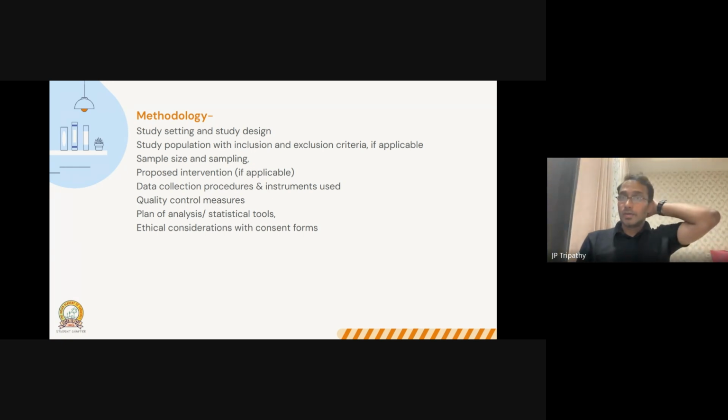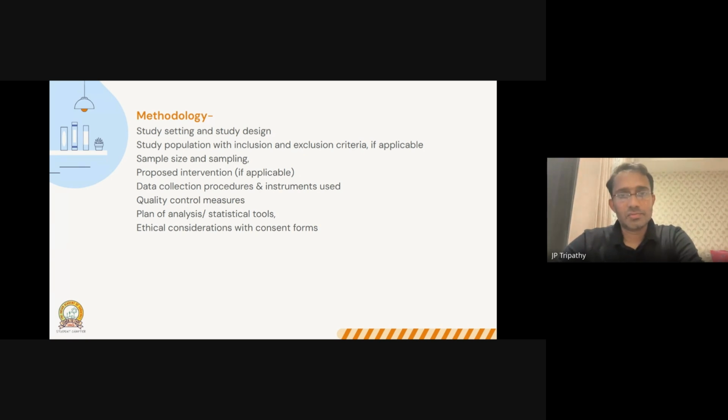And then you also have to find out how you are going to get those numbers. If you want 400 patients in your study, how are you going to get those 400 patients? From which department, on which day, how are you going to sample them? Do you have a list of those patients who were admitted to your hospital, or a list of people in the community whom you are going to approach? Or you do not have a list, you just go into the hospital or in the community, you go to each household. So how you are going to sample is part of your sampling.